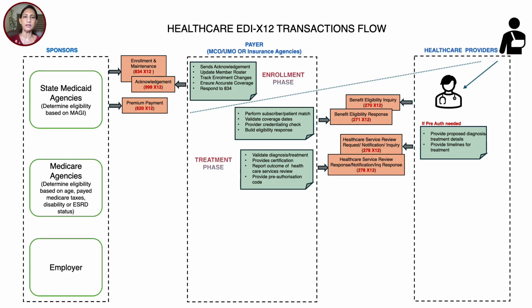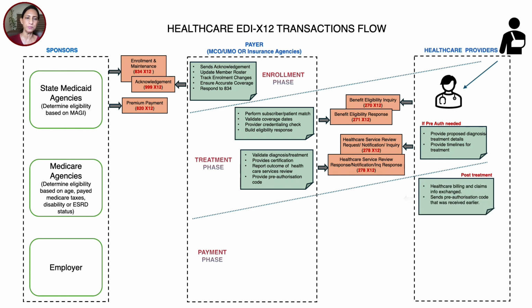So in between the provider and the payer, whatever treatment related information is shared, that's done in the form of a 278 X12 file, whether it's a request, notification or an inquiry or an inquiry response. After the treatment is done, that is when the payment phase kicks in. So when the patient is discharged or not discharged for that matter, the payment phase kicks in, and once the payment phase is kicked in, the provider will be sending the 837 X12 institutional or X12 professional files from the provider. That file will go to the payer.